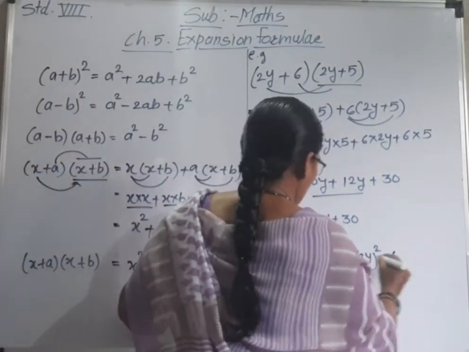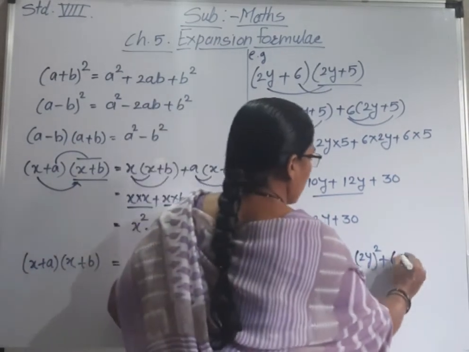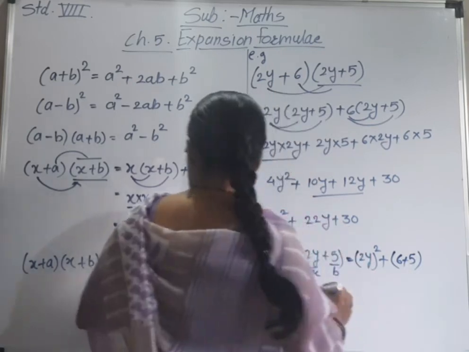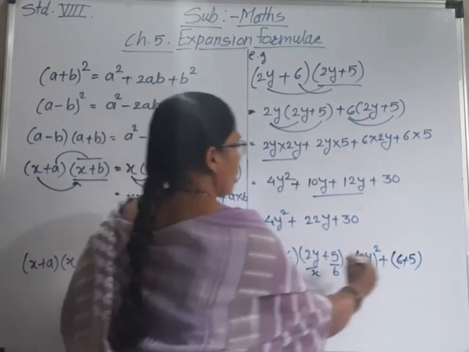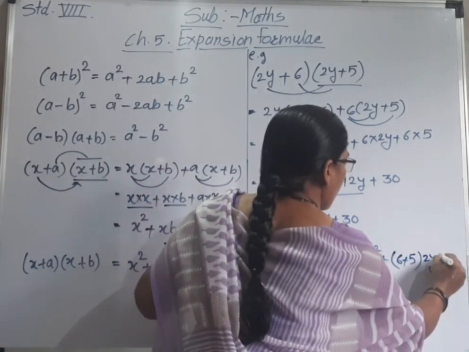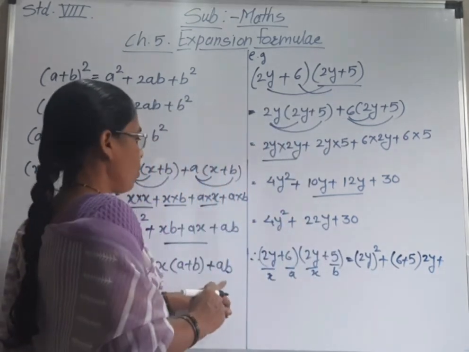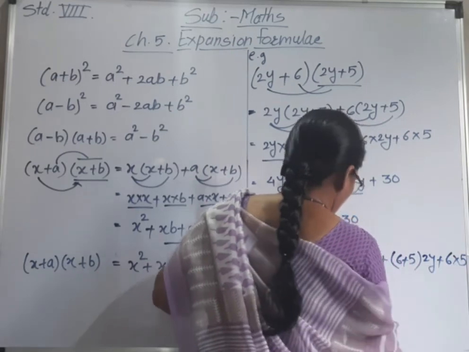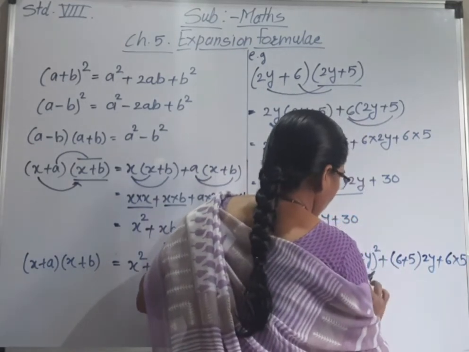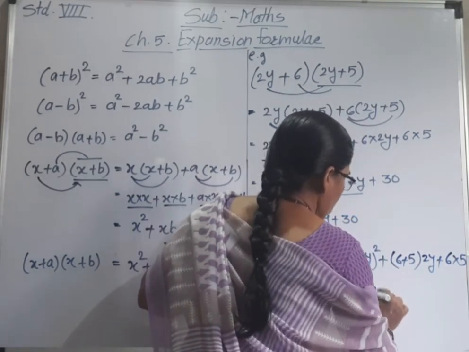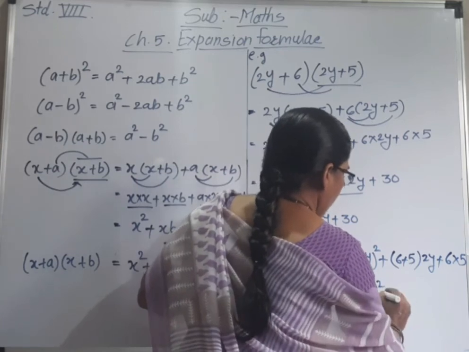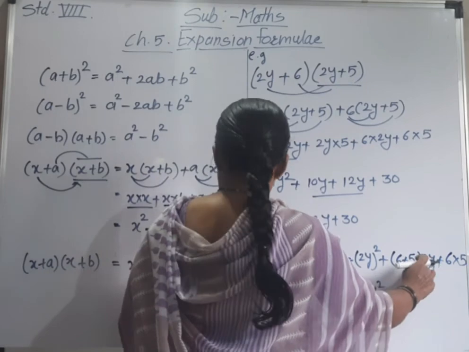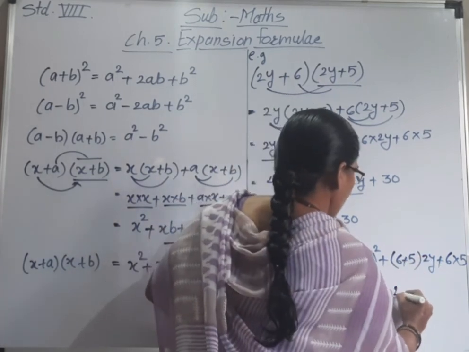So a plus b means a is 6 plus b is 5, and x is 2y, plus again a into b, that is 6 into 5. Then it is equal to 4y square plus 6 plus 5, 11, and 11 times 2 is 22,